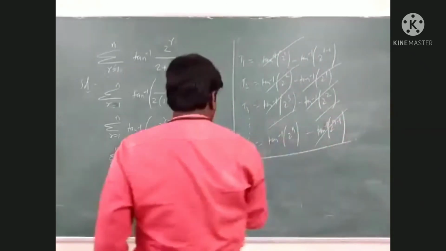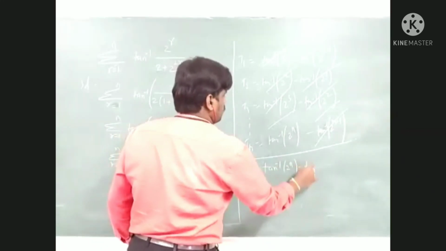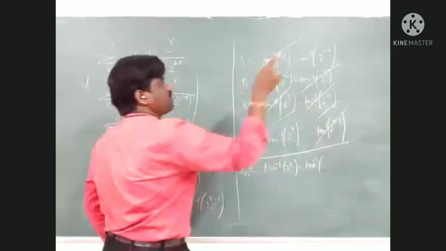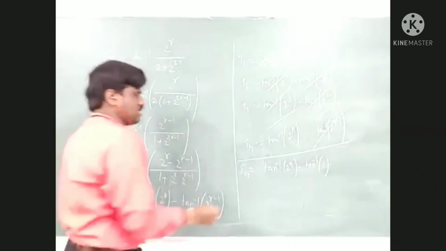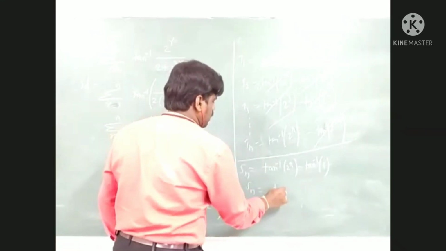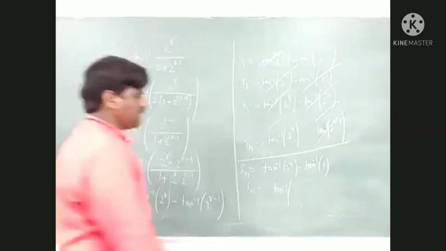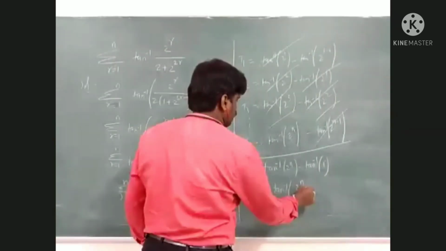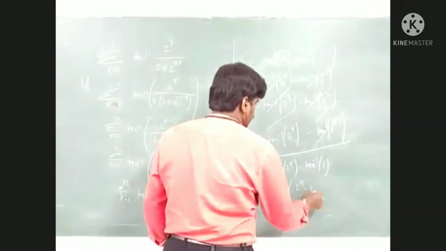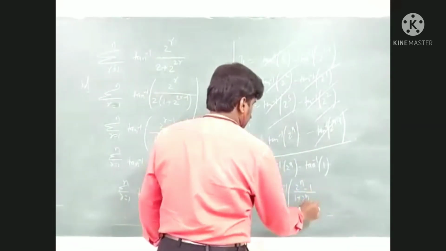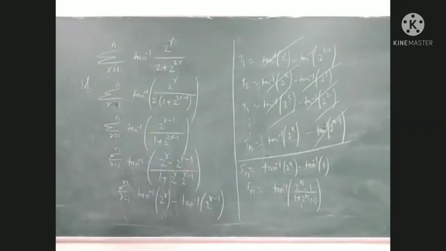So the sum Sn is equal to tan inverse 2 to the power of n minus tan inverse 2 to the power of 1 minus 0. That is tan inverse 1. This is the answer. If anybody asks for infinity, then you get pi by 4. But here Sn can be written as 2 power n minus 1 by 1 plus 2 power n. This is Sn. S infinity will be pi by 4.